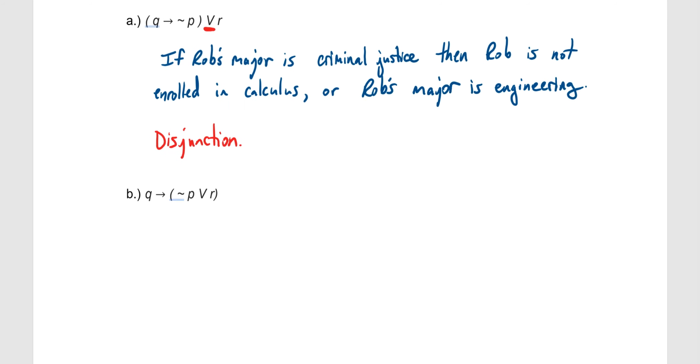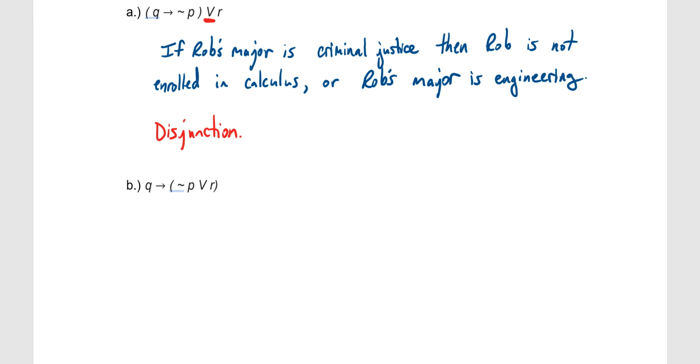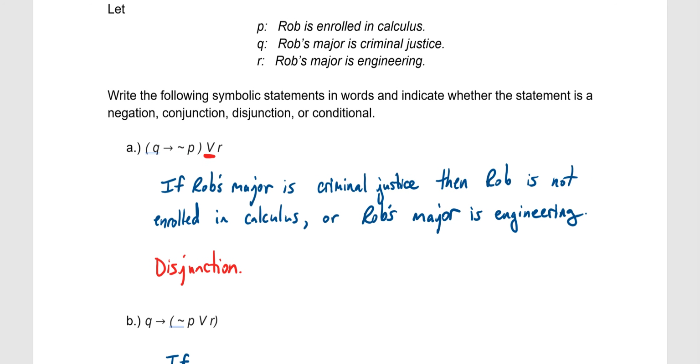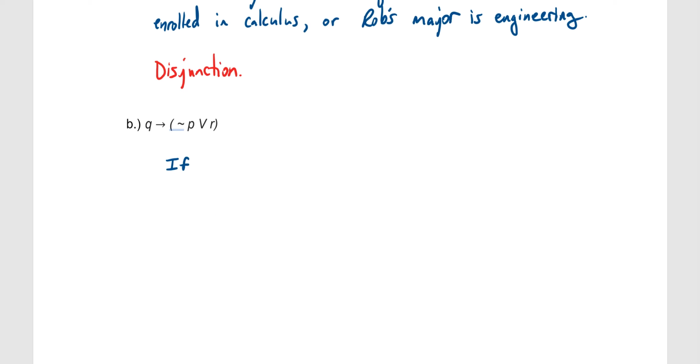Okay, let's take a look at this next one. We have Q, and then we have the conditional, and then in parentheses we have the negation of P with the disjunction with R. So let's go ahead and take care of this Q first, starting with Q. So it's a conditional, so we're starting with if. So it's going to be if Q, then. So Q was the statement Rob's major is criminal justice. So if Rob's major is criminal justice,